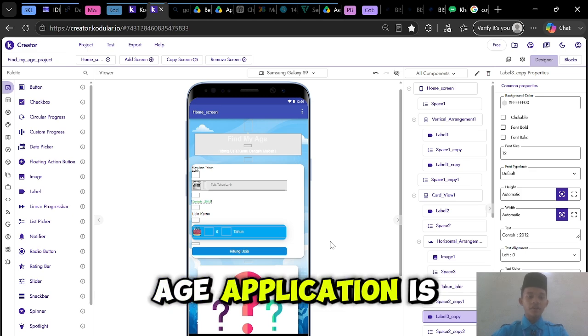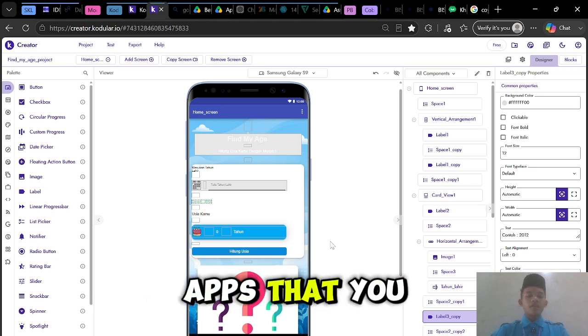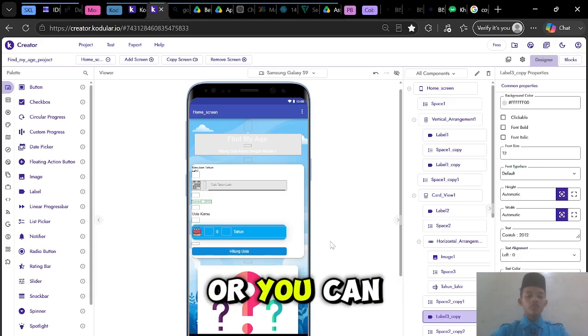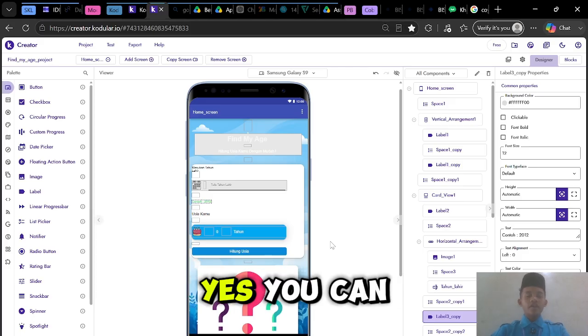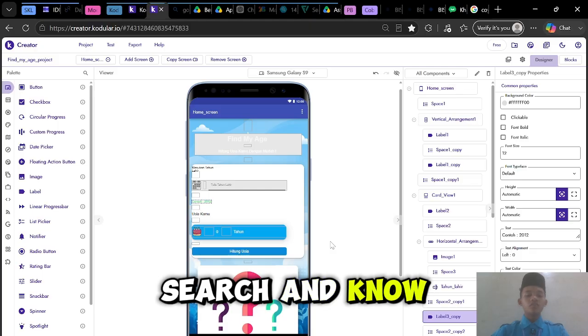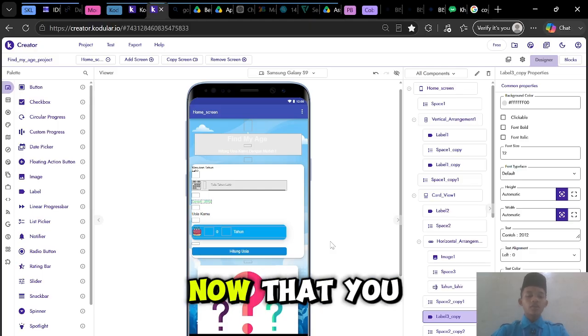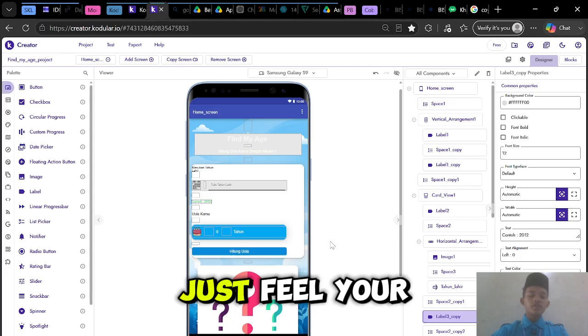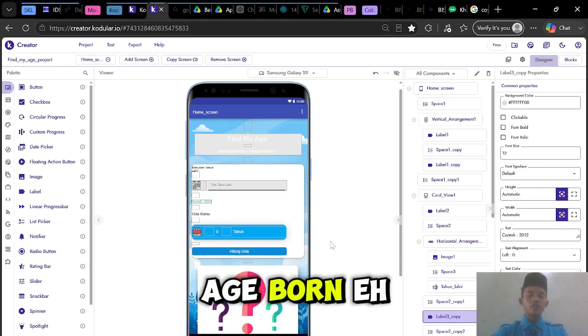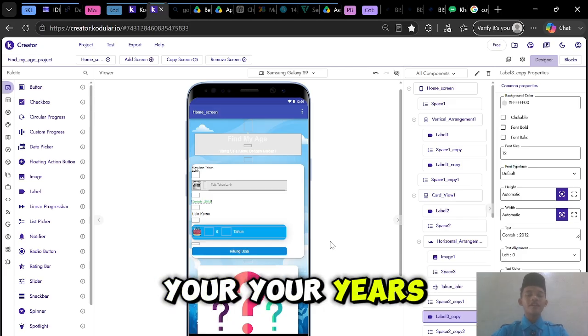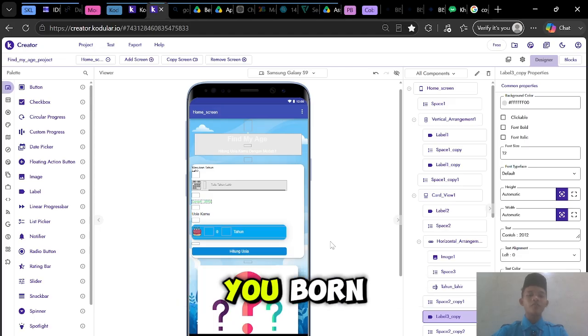Find My Age application is an app that you can use to search and know your age now, just by filling in the year when you were born.